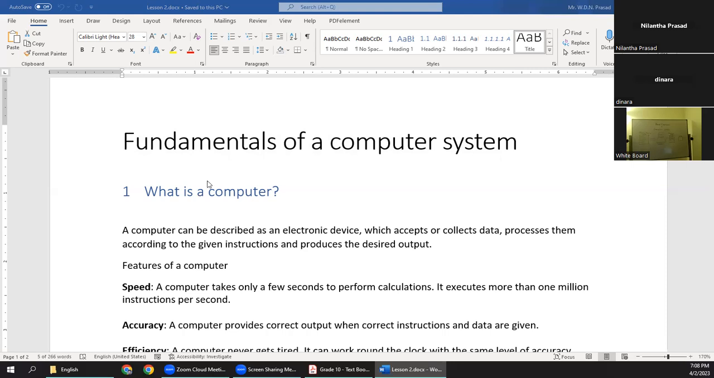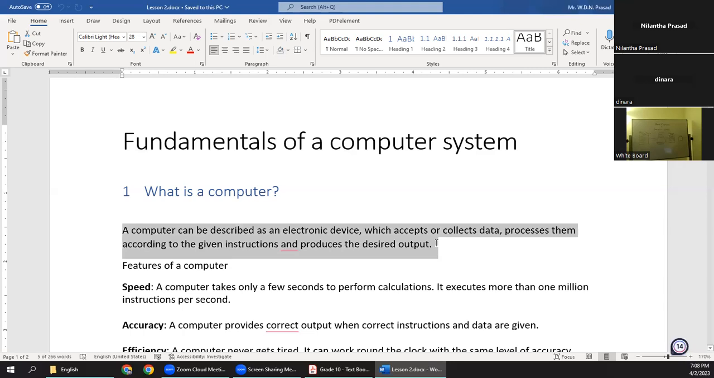Now, first thing is, what is a computer? Write the next subtopic, what is a computer? So we can write the note as,